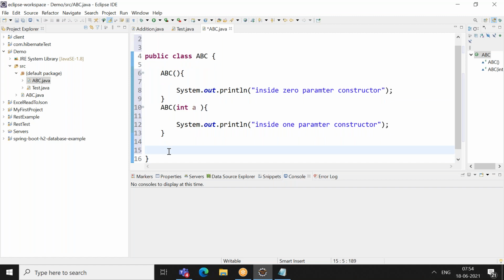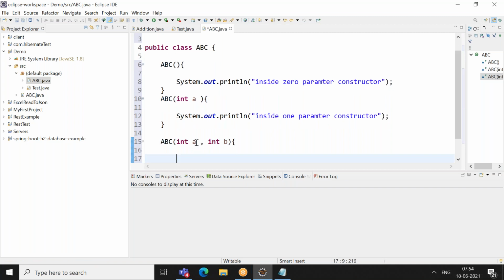So I'm having another two parameters. It can be a string type or any type. Generally you need to create all these three objects to execute these three pieces of code, right? But I'll not do that.